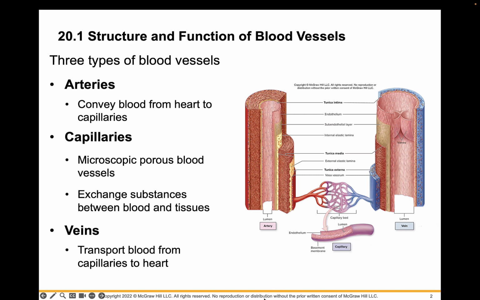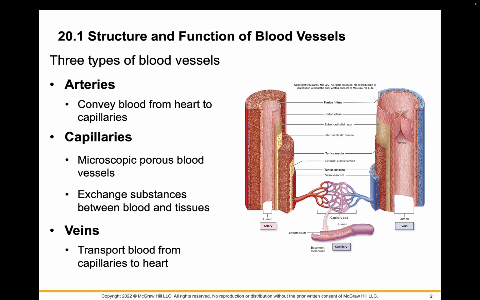Now, a couple of things that I want to point out here as we look at this diagram, and I want to point out some similarities that we are going to find between arteries and veins. Both of these vessels, arteries and veins, have the same three tunics. They have an innermost layer, which is the tunica intima. There is a middle layer, which is tunica media, which is vascular smooth muscle. And there is an outer layer, which is the tunica externa, and that's just connective tissue. So keep in mind, both of these vessels have the same basic underlying architecture, but there are going to be